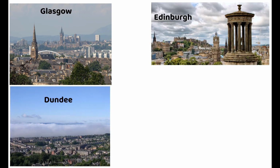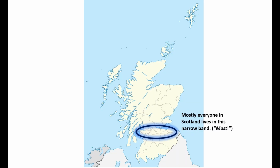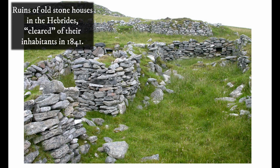Scotland is also home to some famous cities. These include Glasgow, Edinburgh, Dundee, Aberdeen, and Perth, almost all of which are now places in Australia. Most of the populated areas are centered in, well, the lower center, mainly centered around the little rivers of Tay and Clyde. Historically, way more people used to live in Scotland, especially in the rest of the Highlands, but they